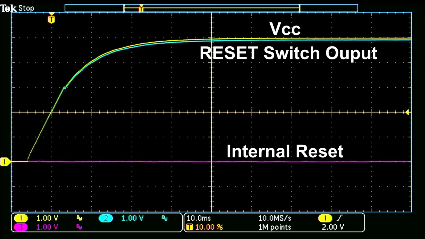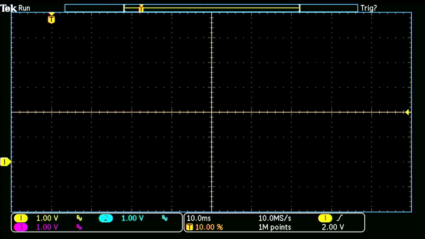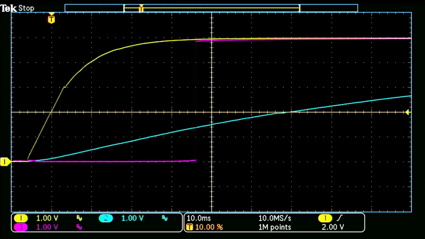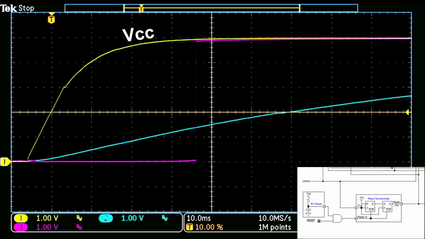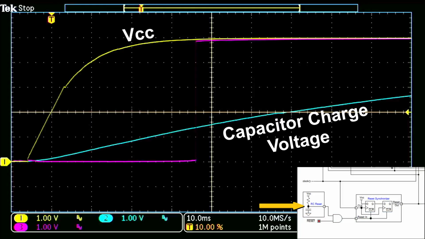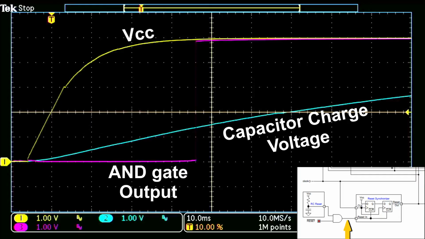And of course, the system will remain held in reset until a high is clocked through the flip-flops. Let's look at another scope shot right after power-up. In this scope shot, yellow is still VCC, but the blue trace now shows the charge level on the RC reset capacitor, and it rises up much slower than VCC. The pink trace shows the output from the AND gate, and it stays at 0 volts for a while before